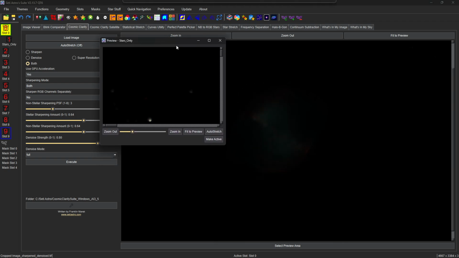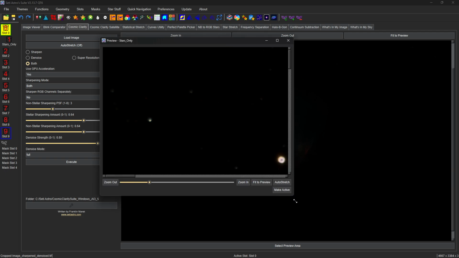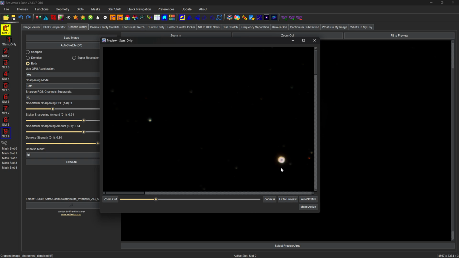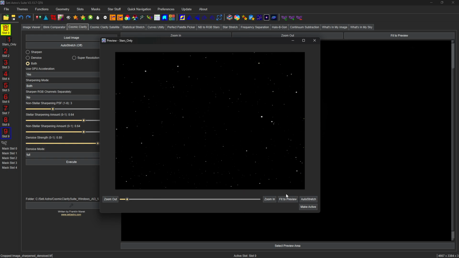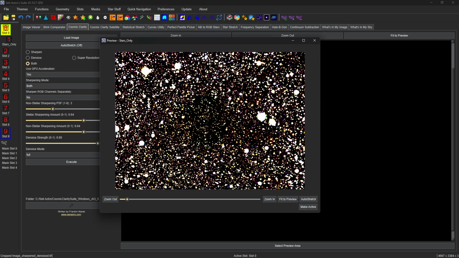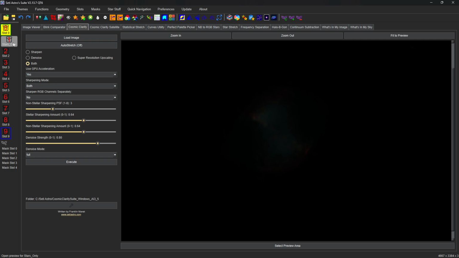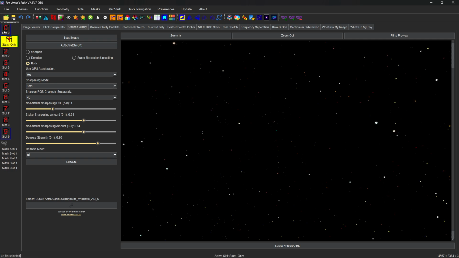Now, I kind of pushed the cosmic clarity a little too hard and I got a donut, but I'm not worried about it. Okay, fit preview, and if I auto stretch it, it's going to look like hell, and that's mainly because of the mask that's being made for the stars. So don't worry about that. And that now resides here in slot 1. There they are. I'm going to go back to slot 0,